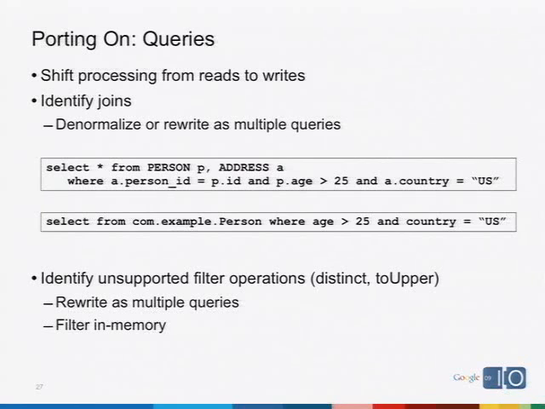For other operations, things like toUpper, for example, right? You want to do a query, and you want to match on the uppercase version of some property that's stored in the data store. Well, one solution there is to store multiple versions of that string, right? You store it in the natural form, the one that you want to actually show to your users in your UI, and then you store it in the uppercase form, which is the one that's going to support the query. Yes, it's duplication, but you're pushing the processing onto the writes in order to execute a more efficient read.